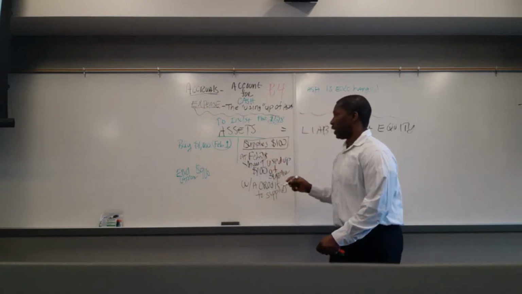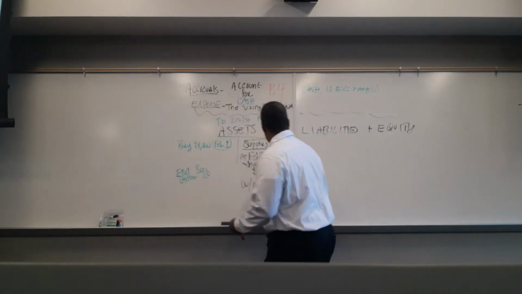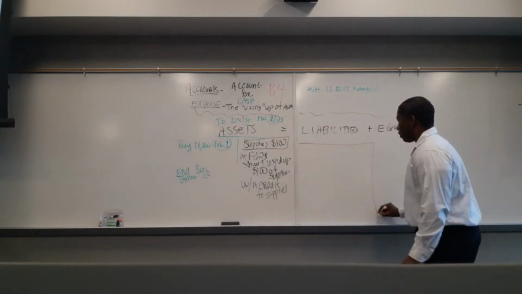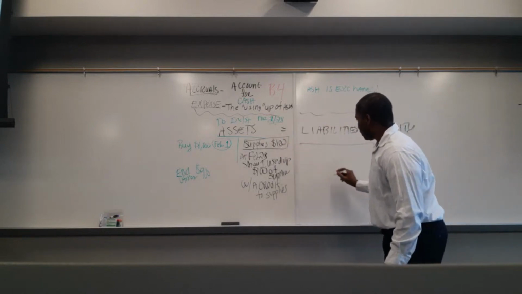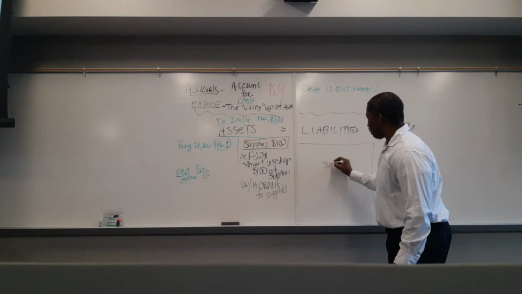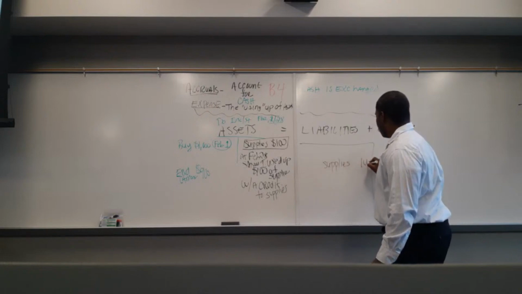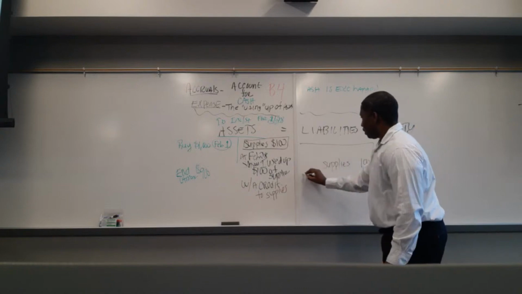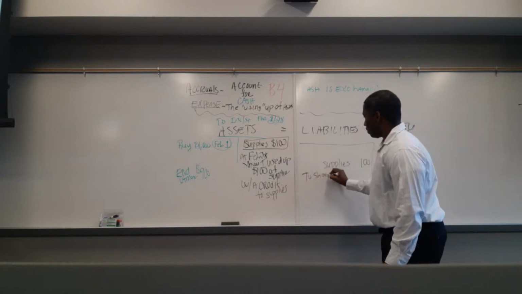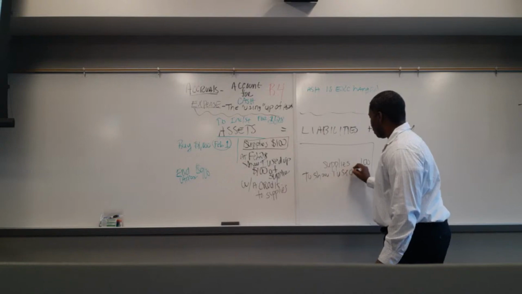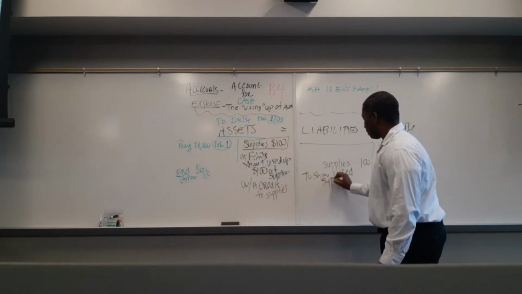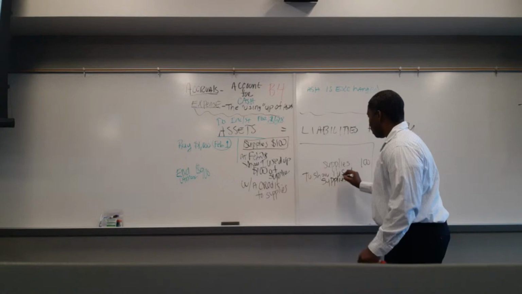So I credit now. And what I need to do is find me a place to come over here, and we're going to do the journal entry. So I simply just take that from there, and this is going to be a credit to supplies for $100 to show I used supplies. Now,